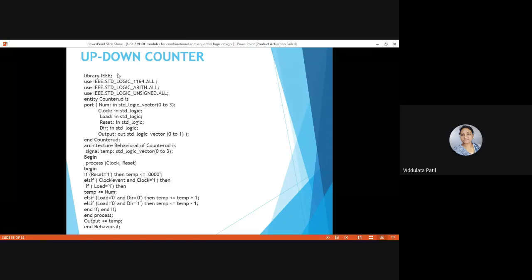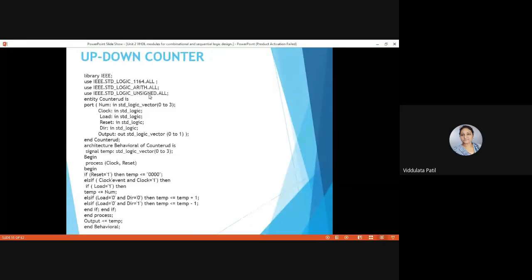Another package that we have added is use IEEE.std_logic_arith.all, which will add arithmetic functions to this program, as well as one more package, use IEEE.std_logic_unsigned.all.